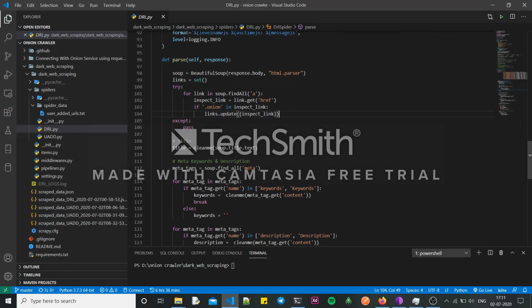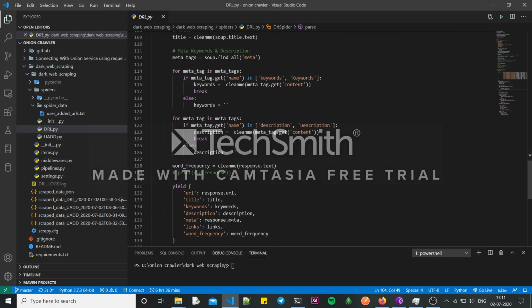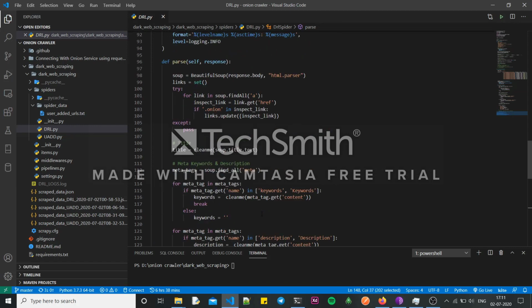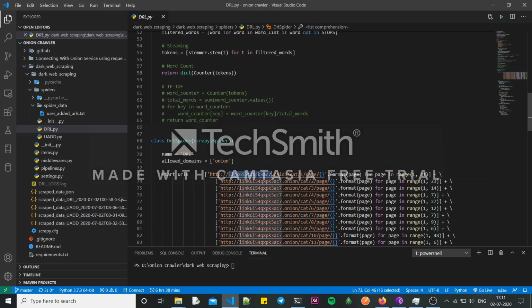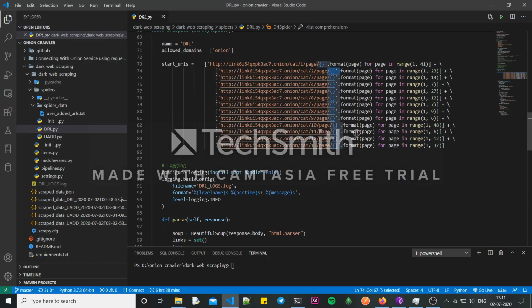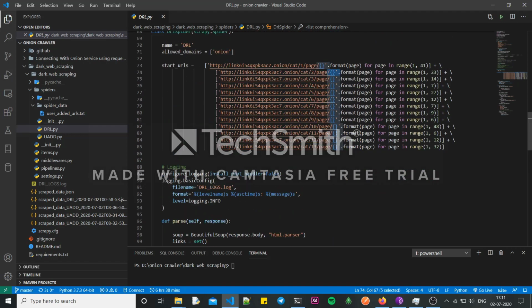And below that I'm just cleaning this title, meta text, all these things that I'm extracting from here. And this is my recursion that I told you, I will be appending those pages. And this is basically a store site which does have a lot of URLs to start from, like it has 13 categories like email, hacking, etc. And from here I'm just taking all those and fetching all the pages that are present on those particular directories, and so it gives me a lot of URLs from here.